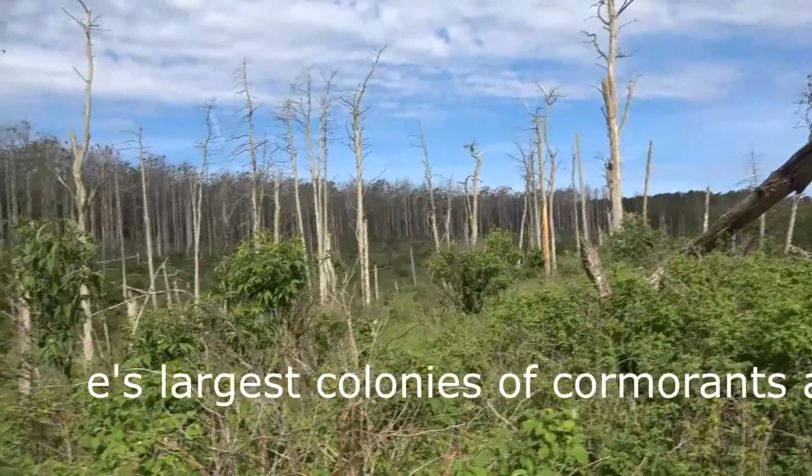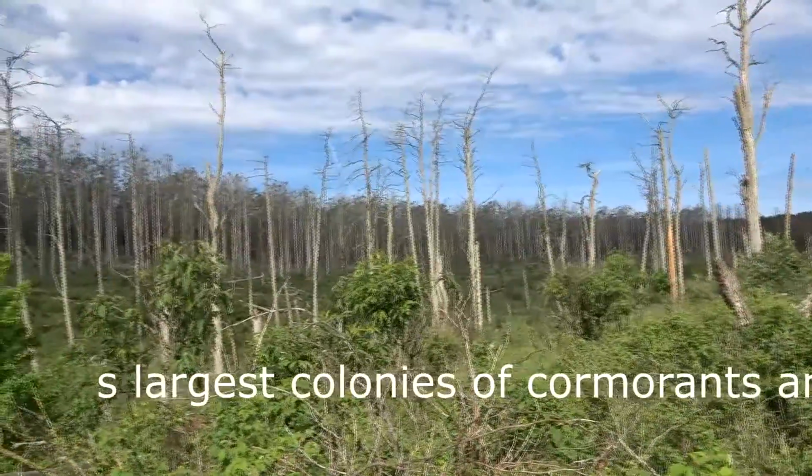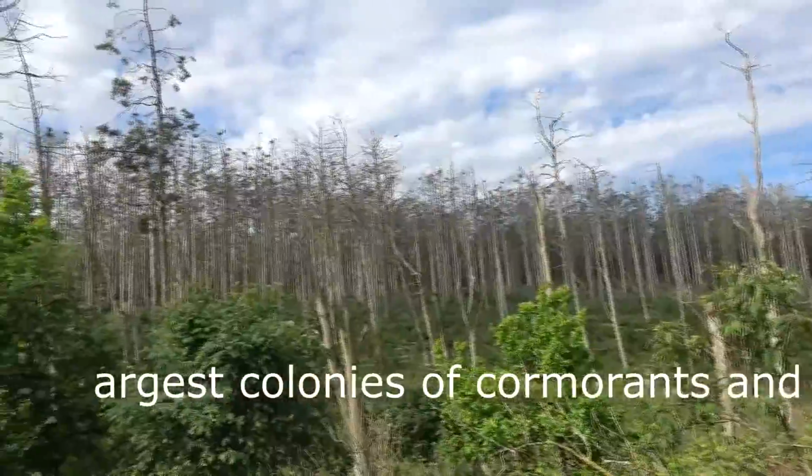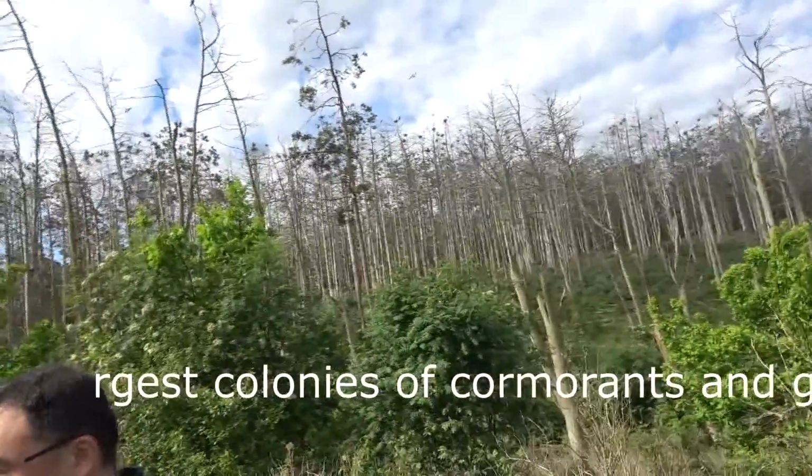this is acid because they eat fish. And they are dropping it with the acid. And as you can see, one tree, and all acid